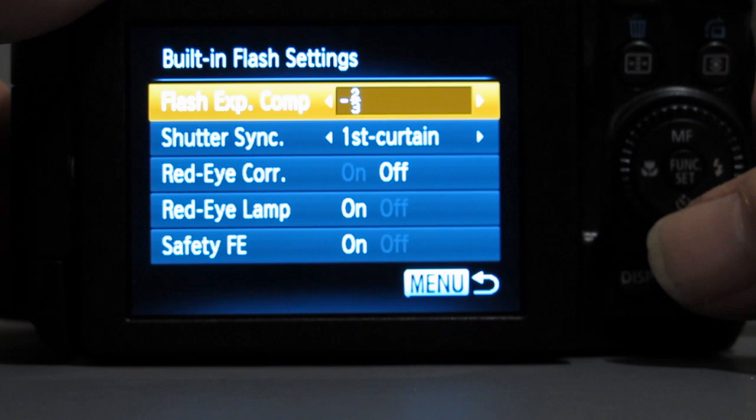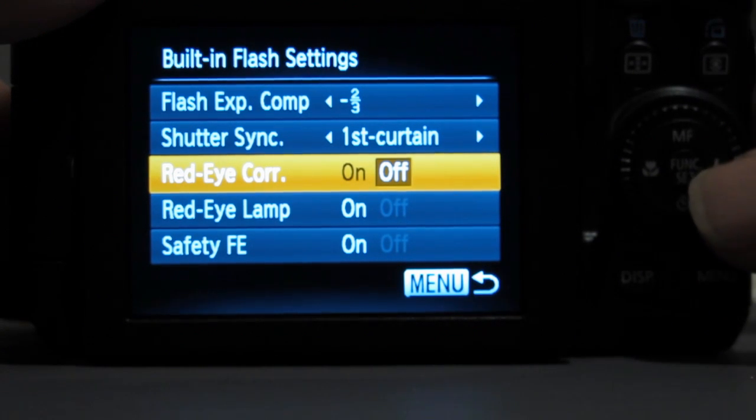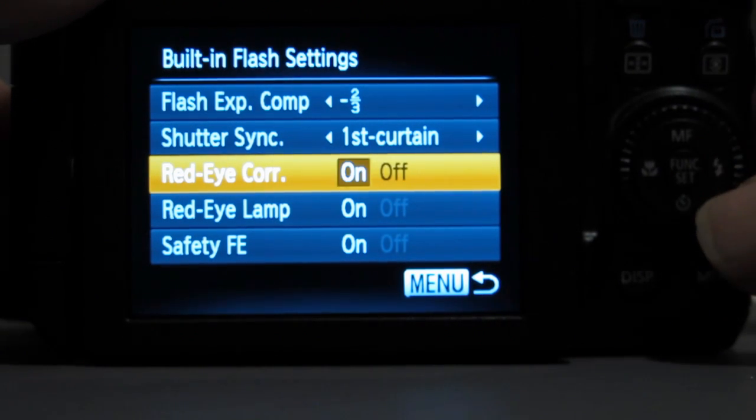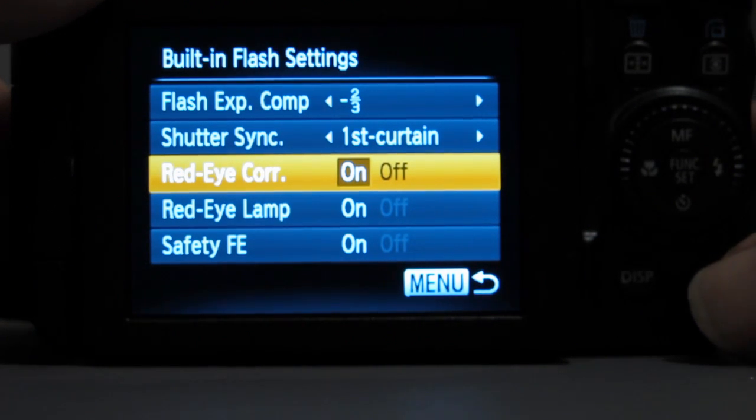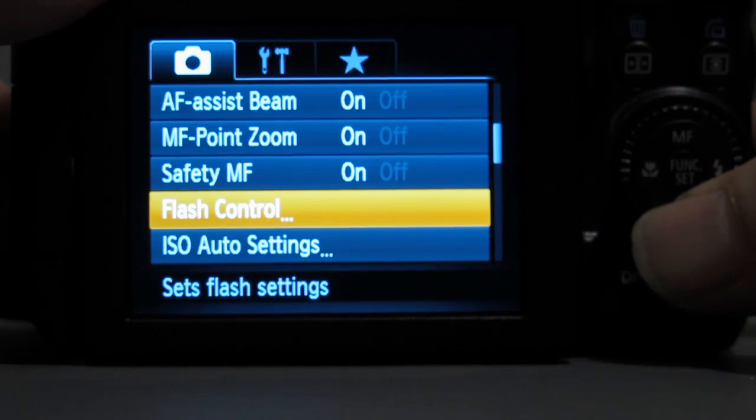We went 2 times to our left. If you went 1 time to the left, it would say minus 1/3. Either one is okay. Come down to red eye correction. It defaults to the off position, but we want that on. So I'm going to jog left or right. Now it's on. And to get out of the set of menus, we push the menu button and continue on